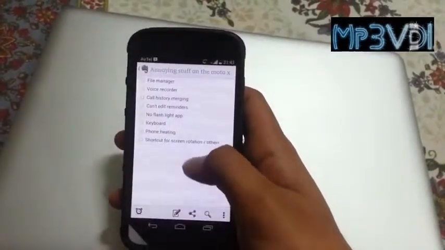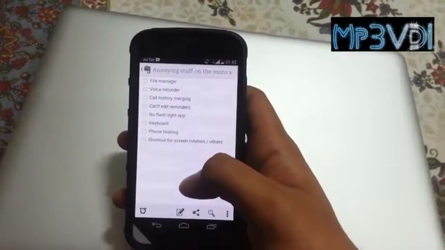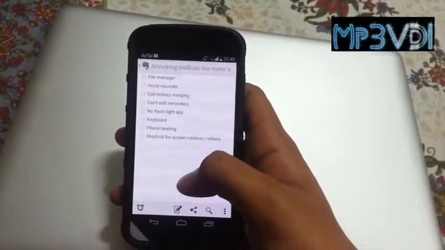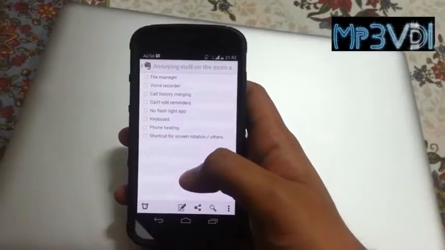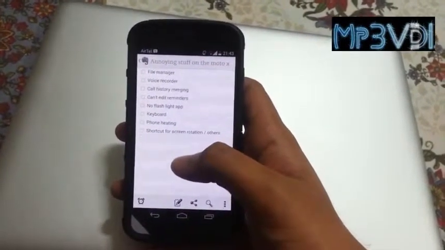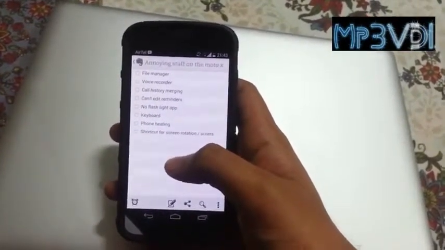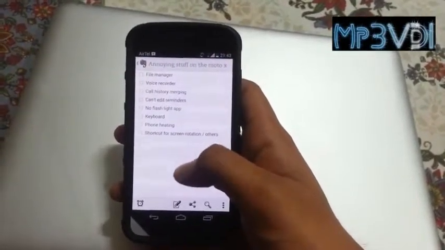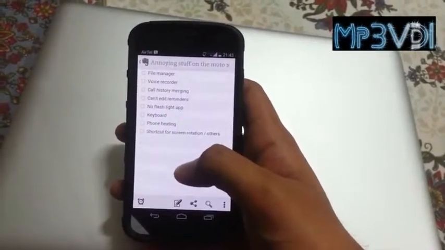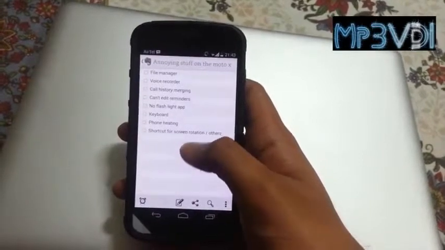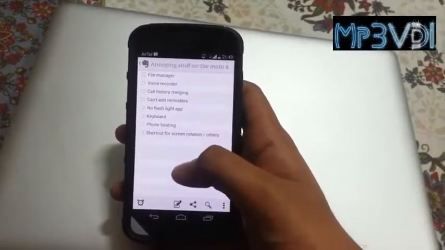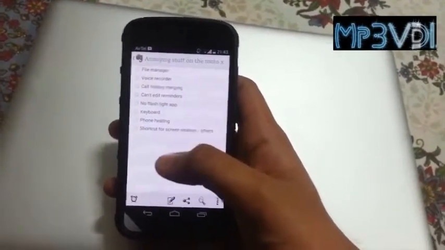I have been using this phone for the past 2 weeks, and before this phone I was using the Samsung Galaxy S3, which I used for 1 year and 8 months. So I made a shift after a long time, and definitely there are a few features which were there by default on the Galaxy S3 which are missing on the Motorola X, which is basically stock Android.